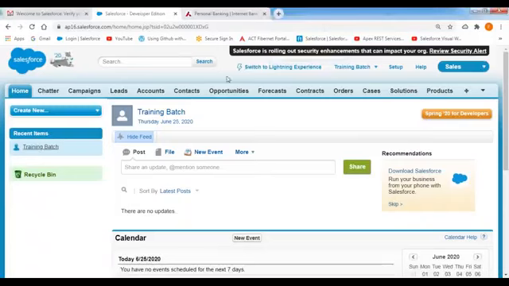Sir, I have a question, sir. You're saying that we should switch to Lightning Experience. In order to switch from Classic to Lightning, what are the different